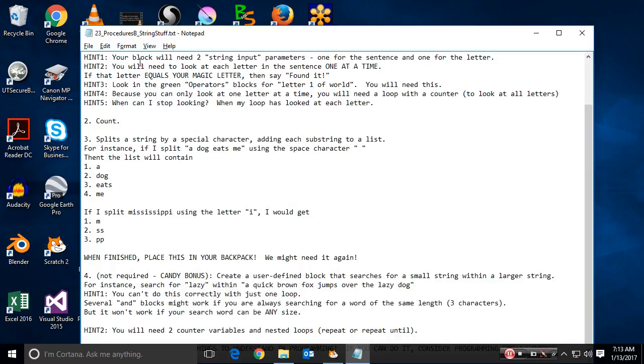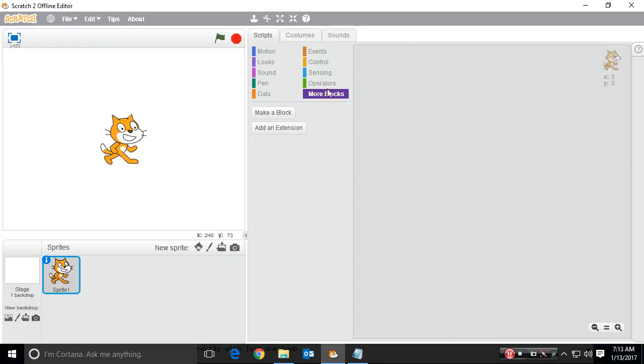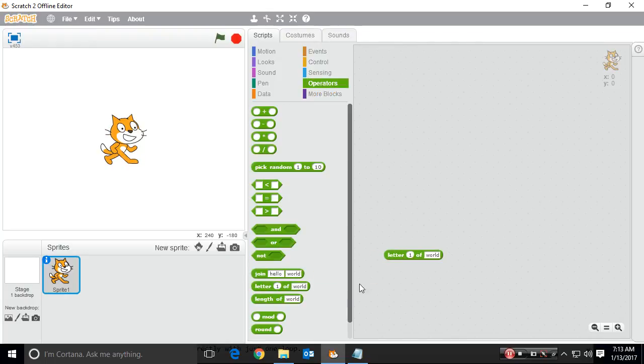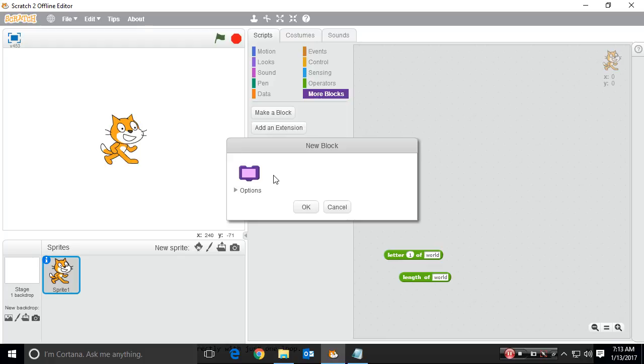Okay, so for the first one, search for a single letter in a longer sentence. Pause it, see if you can do it. I just talked kind of about how to do it. We're going to use these two blocks. That's what we're going to use a lot here. And we are going to create a more block. We're going to make a block. I'm going to call this search